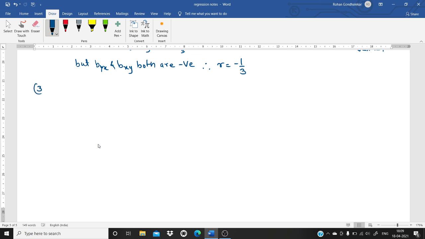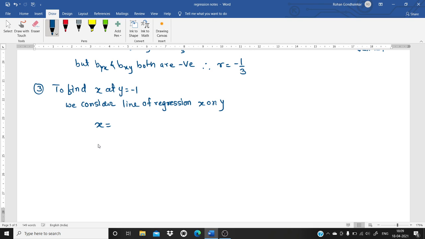Now the third: to find x at y is equal to minus 1. Is it? Now, which line of regression is required? We want x, so we consider the line of regression x on y. So what is the equation? X is equal to